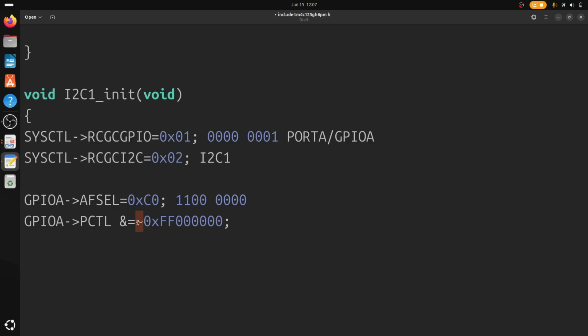So this one is negation. Negation of 1 1 will be 0. So I'm clearing bit number 6 and 7 of this port control register, because see the next line. I want to put the value 3 in the bits 6 and 7 of this port control register. I'm clearing bits 6 and 7 of this port control register and putting the value 3 because this will make